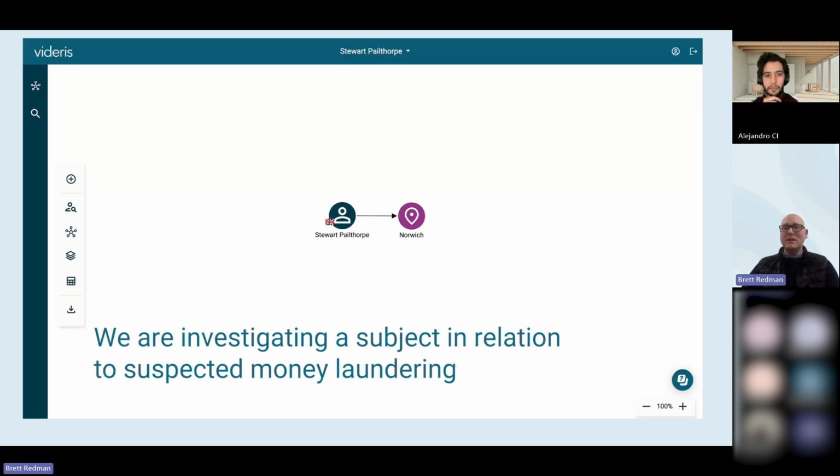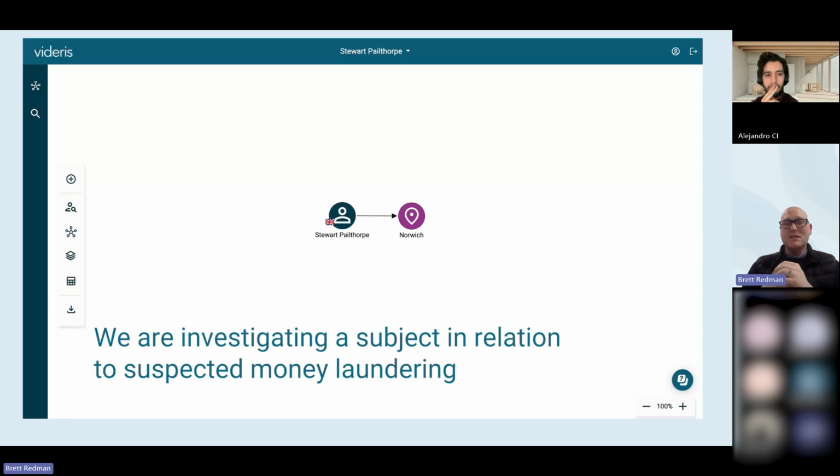How this would naturally look is that we would start investigating a subject. So this could potentially be an economic crime case where we've had a SAR come in, a suspicious activity report, and we want to look into that. We can look across various sources, such as corporate registries, public records, social media, and big web and news. We can do this all simultaneously, so that works in the background.